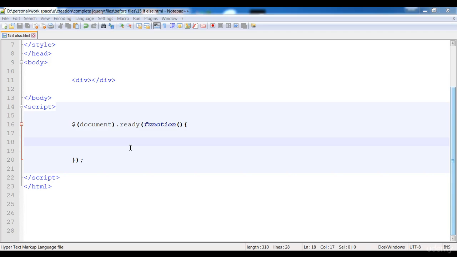In this lecture, I am going to teach you the if-else statement. So first of all, what is the if-else statement? The if-else statement is just used to check a condition. What type of condition? It is used to check any type of condition, like whether this value is equal to this